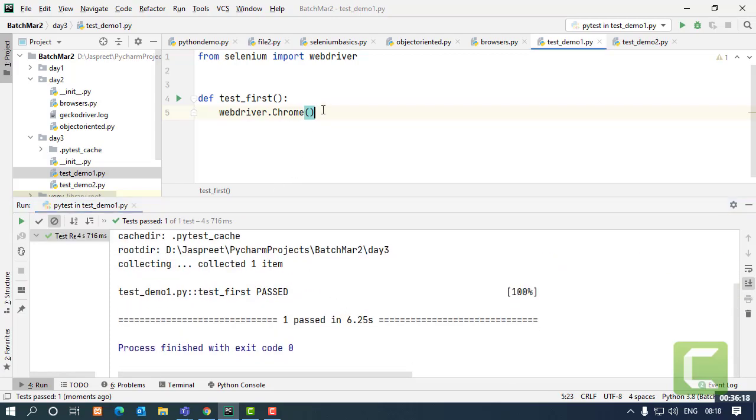Simple enough. Now taking it further, suppose on this browser that we have opened, I want to go to some URL. How will I be able to go to that URL? Currently the object that has been made is a hanging object. I have to make a reference so I can use the same object throughout my test case. So I'll make a reference. I'll say, let's say, driver is a variable which is holding the object, and I'll use this reference ahead to go to the URL that I want. So I'll say driver dot